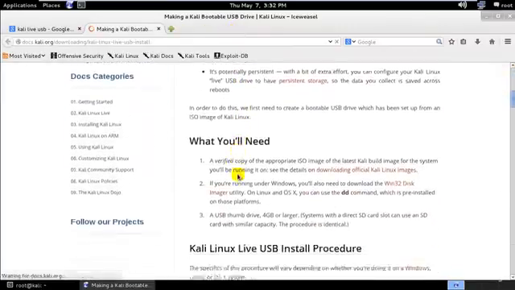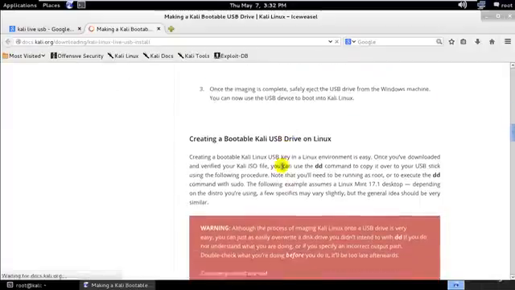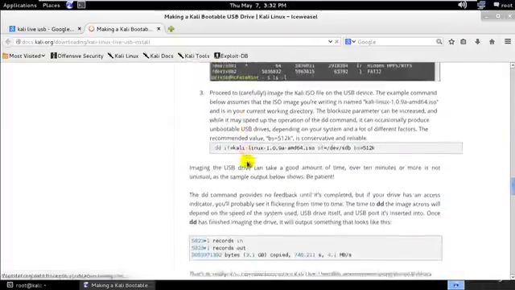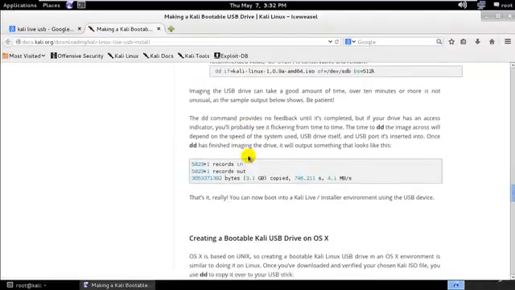And as you can see, once it is bootable, you can straight away go ahead and run each and everything. And if you need to make it persistent, there is still a way. Persistent means that you would be able to upgrade, and any changes that you make will be saved in your USB drive. I cannot show you that because I don't have a USB drive as of now, but you can